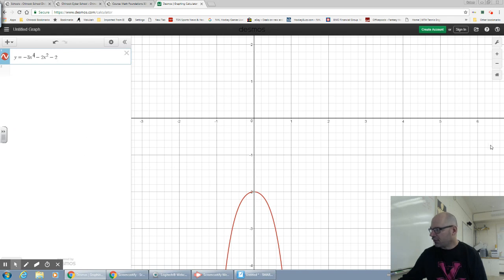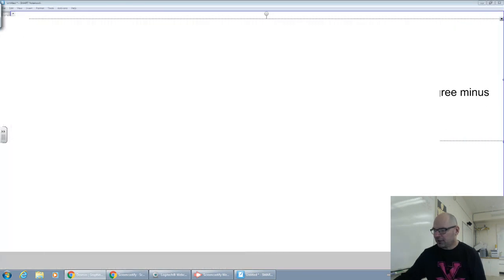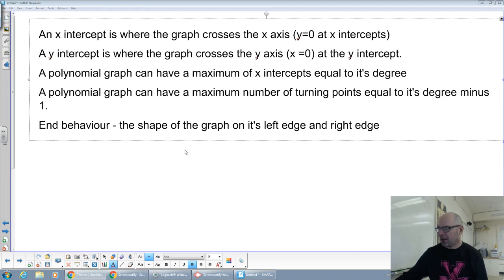Okay, notice that it's starting low and finishing low. So that's the end behavior, the edges of the graph. Let's put that back over here. End behavior of the graph. The last thing, or a couple more things, not last thing, I guess,